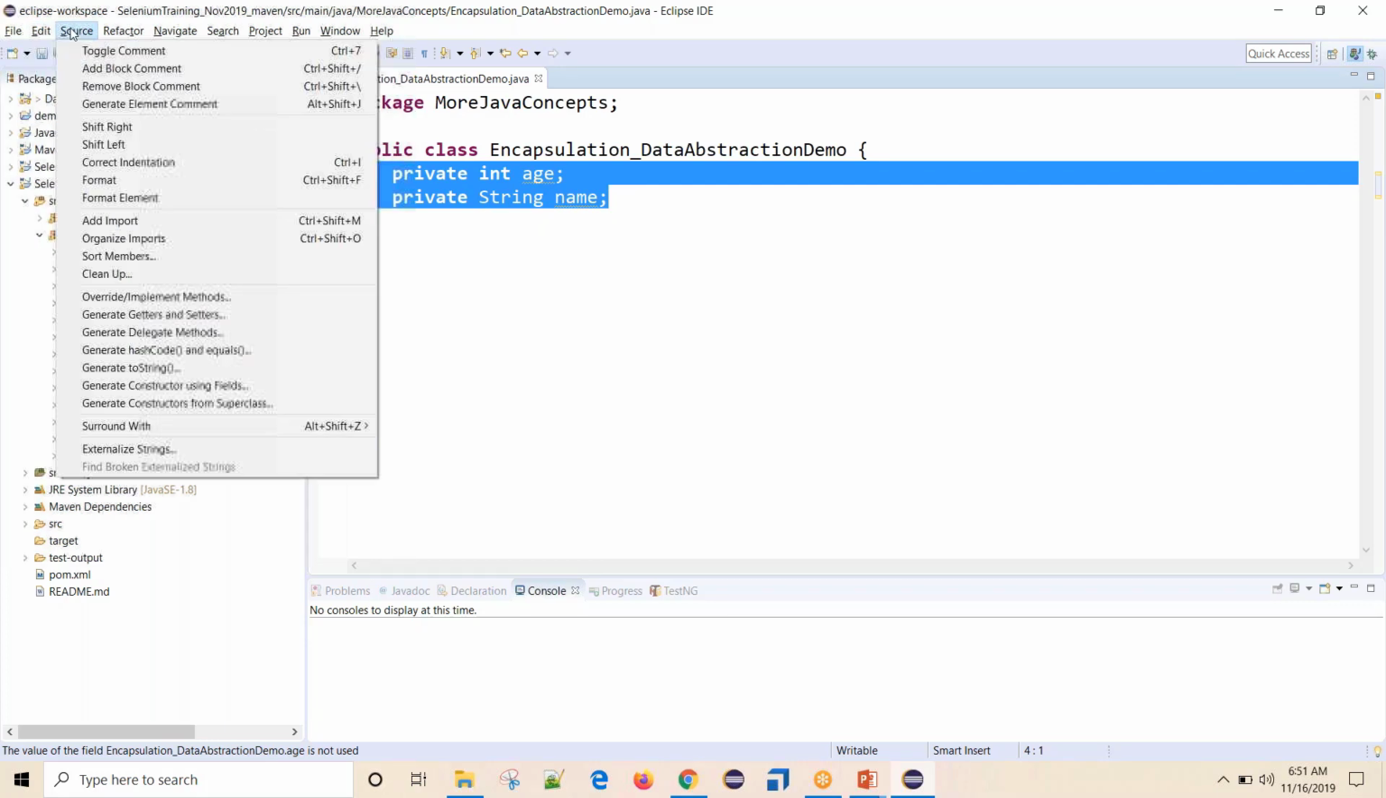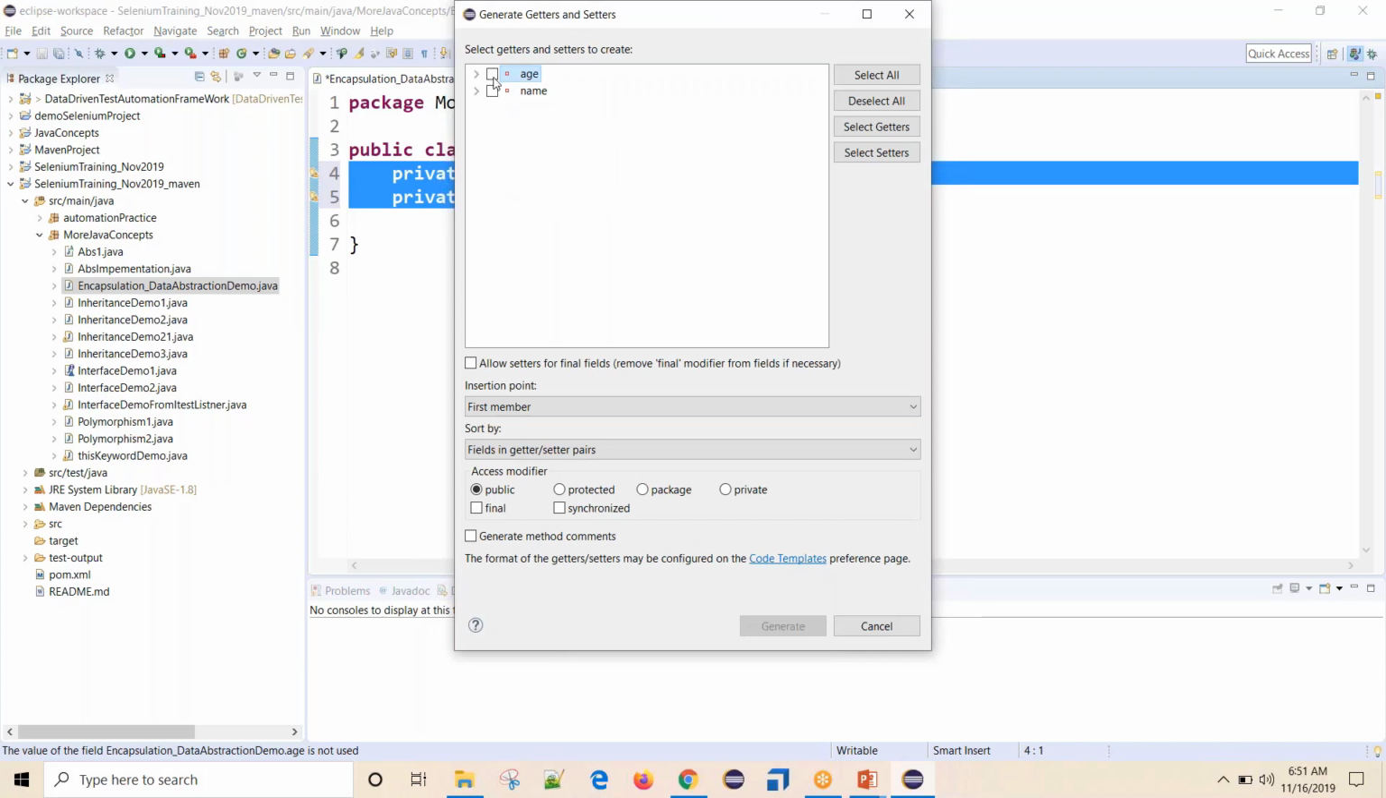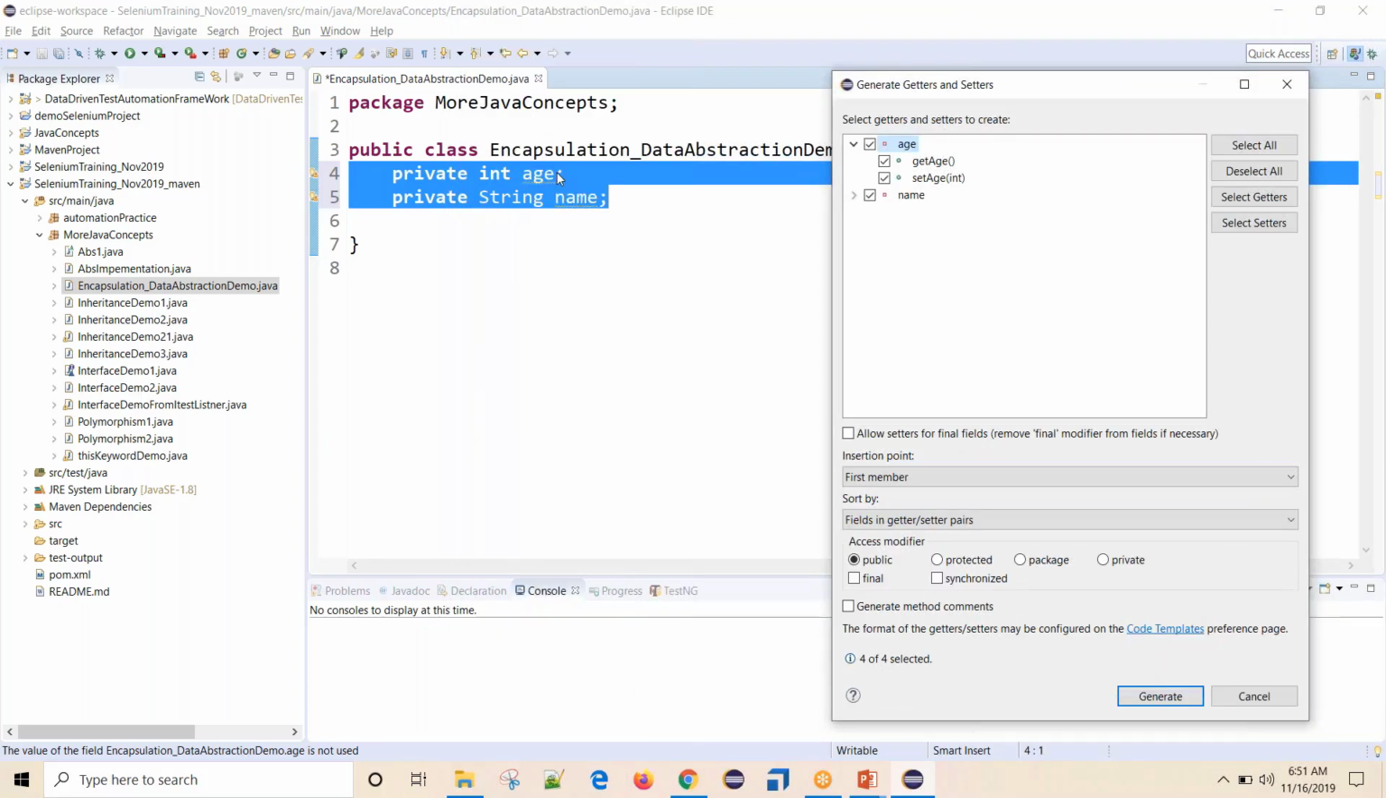I can just select them and go to Source, and here I find something called Generate Getters and Setters. I'll simply click on that, and now it asks me for which variables I want to create getters and setters. I want to create them for both age and name. So here you can uncheck. For example, I just want this particular class as a read only class. What does that mean? I just want to read the data. So if I just want to read the data, I will just create a get method,